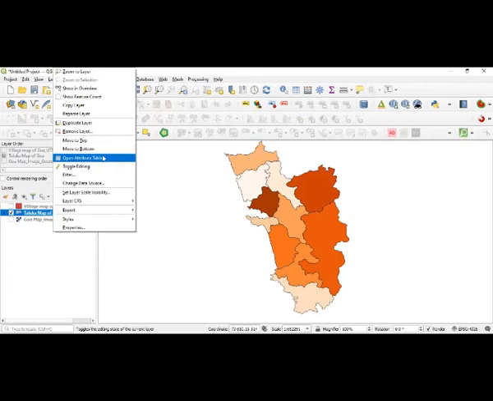So here, anything that you have stored while digitizing is going to appear in this attribute table. You are going to give the ID mark for each one of them as Taluka number 1, Taluka number 2, Taluka number 3. Like that, whatever number of talukas, you give the ID mark from 1 to 10, 15, 20, depending on the number of talukas, the number of administrative units. And you are also going to give the name to each one of them, because each taluka is different in its name. So that is also going to be given.